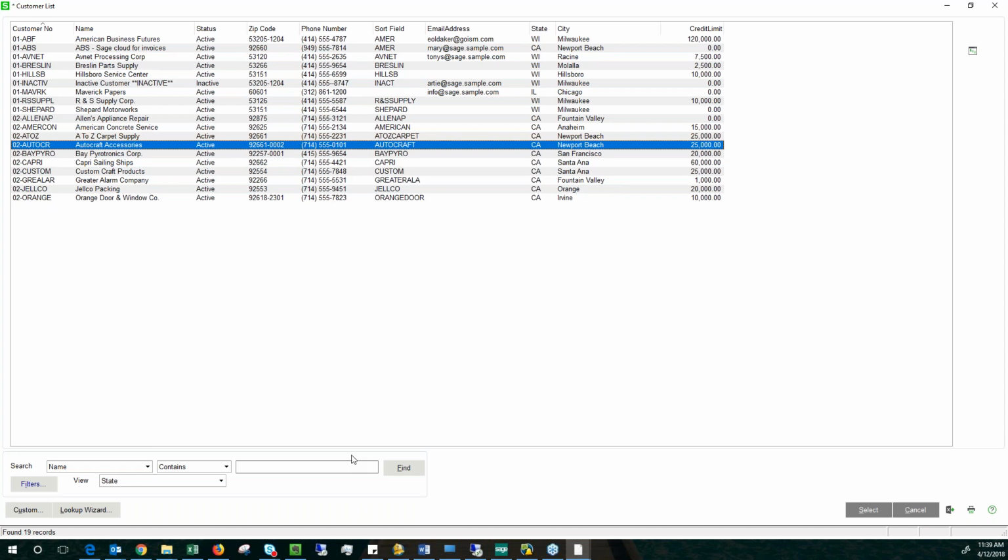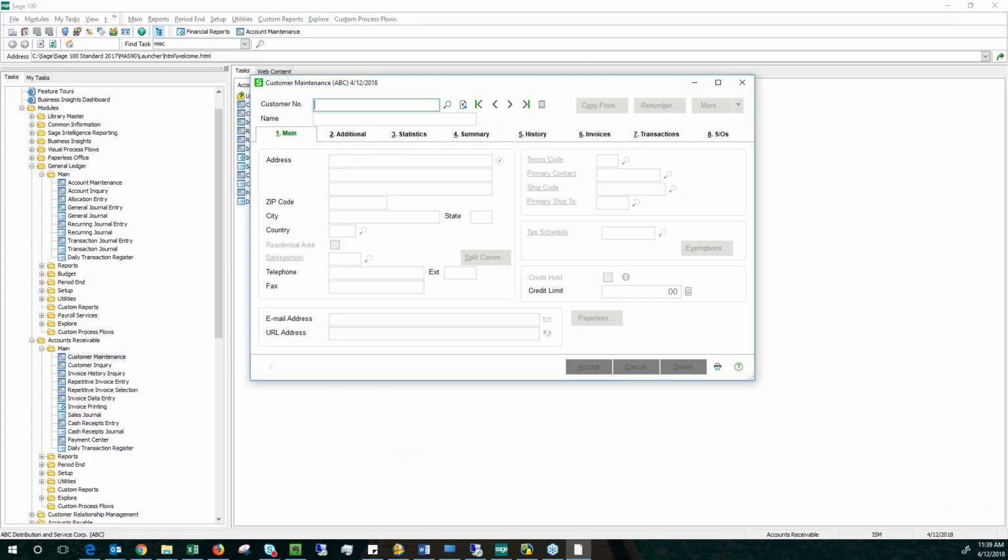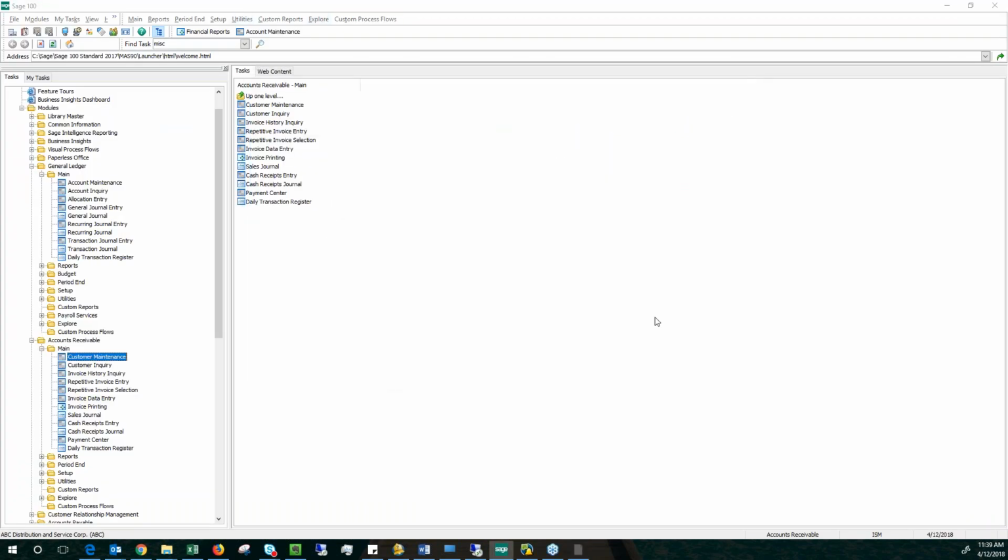So this is useful if you're constantly looking up the same things in the same way, okay? So you can create those custom views, and you can save them out. So, okay, in addition to that, we can also